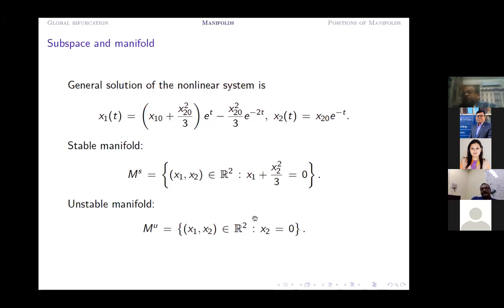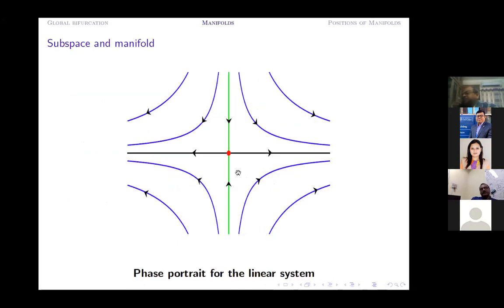Clearly it is a one-dimensional vector space and it is equivalent to R1, and therefore it is an unstable manifold. Now if we look at the phase portrait, this is the phase portrait for the linear system. This one is your unstable subspace. This green vertical line is the stable subspace. So these two are straight line solutions for the given linearized version, and these are non-trivial solution trajectories for the